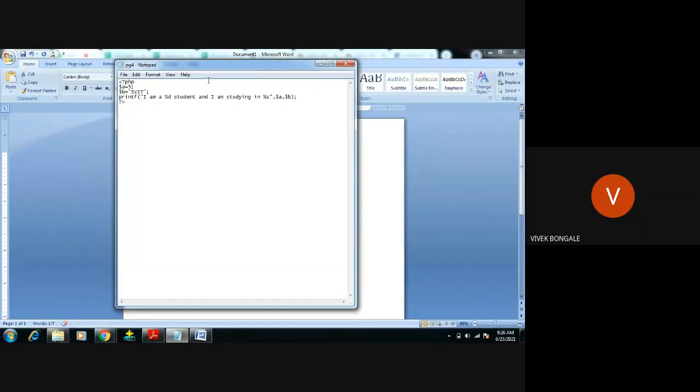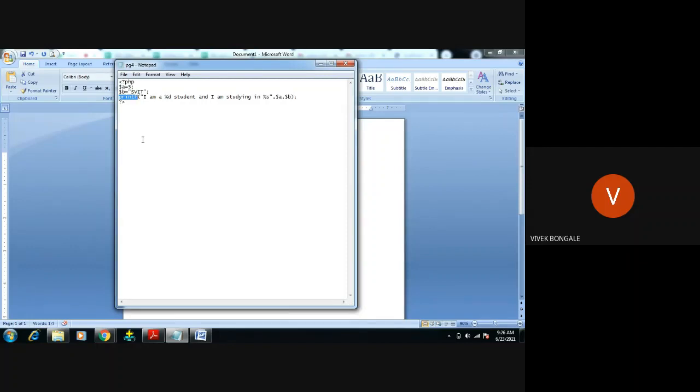What it will do, we are trying to pass one variable as integer, one variable as string. Both things I want to pass in my statement, and it should be displayed in the browser. It includes the integer also, it includes the string also. That is the reason we are taking the printf keyword.